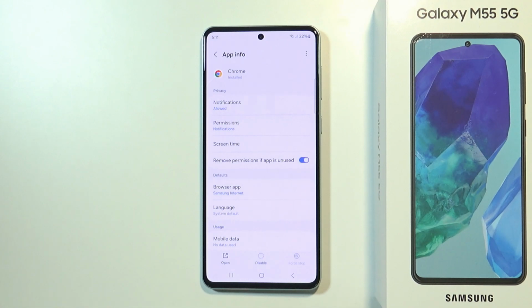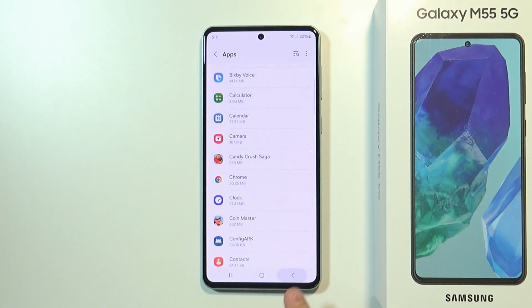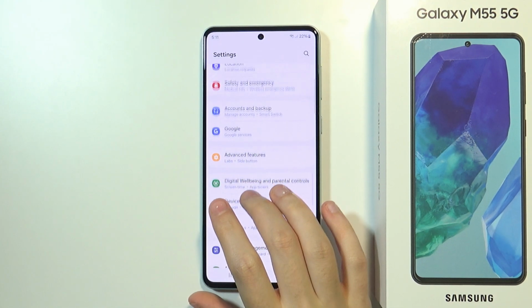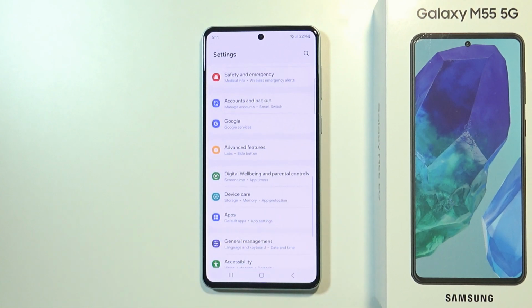You can also disable apps that you don't use that often by using this disable button in the middle. Now let's go back. This time we want to go to